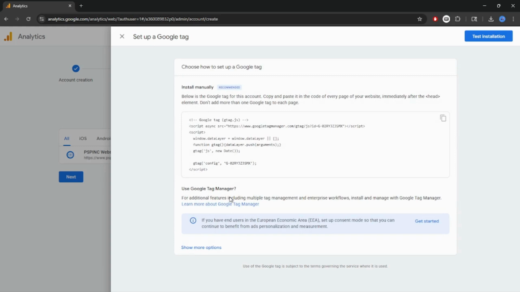Then click the data stream for your website. Under Google Tag, click View Tag Instructions. On the Installation Instructions page, select Install Manually. Here you'll see the JavaScript snippet for your account's Google tag. To add this to your website, copy and paste this into the HTML of your website under the head tag